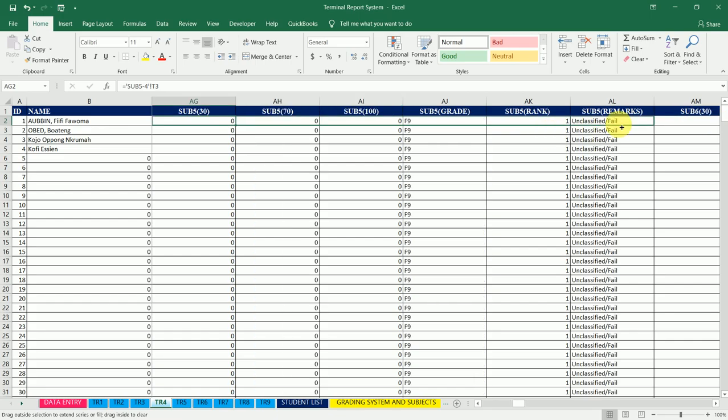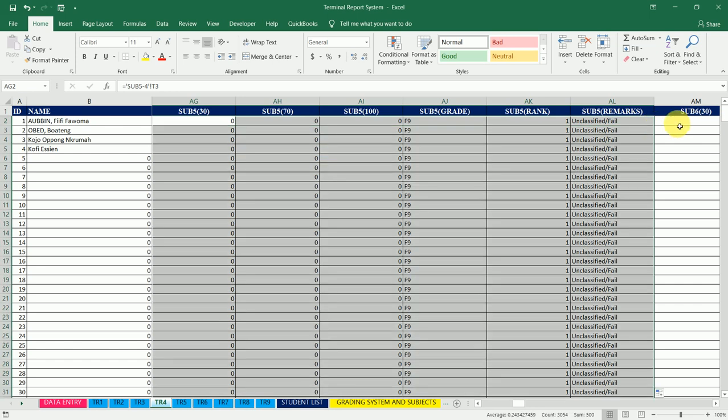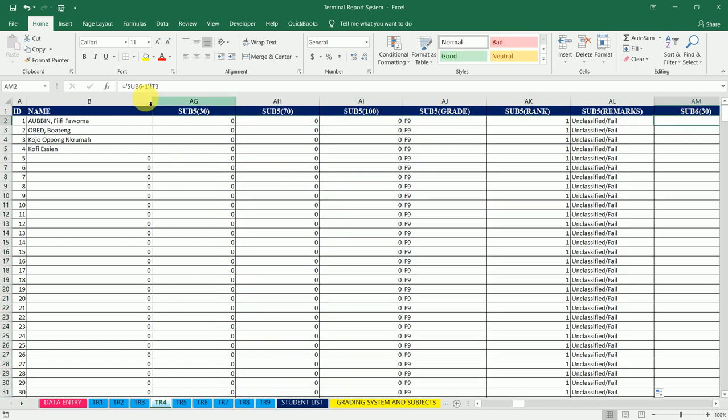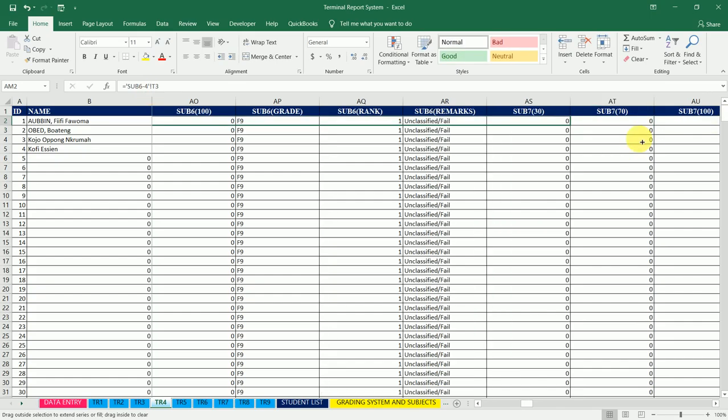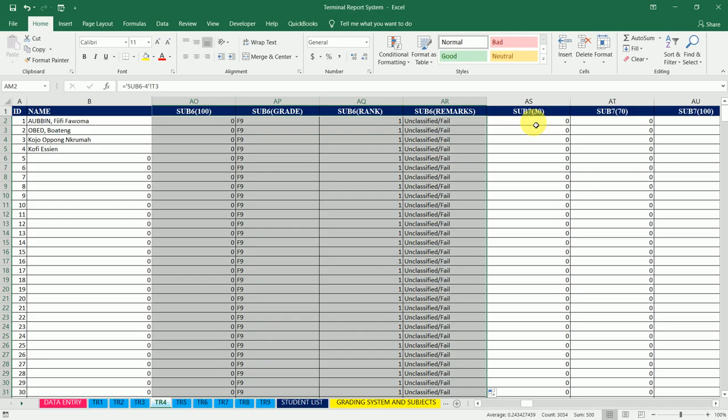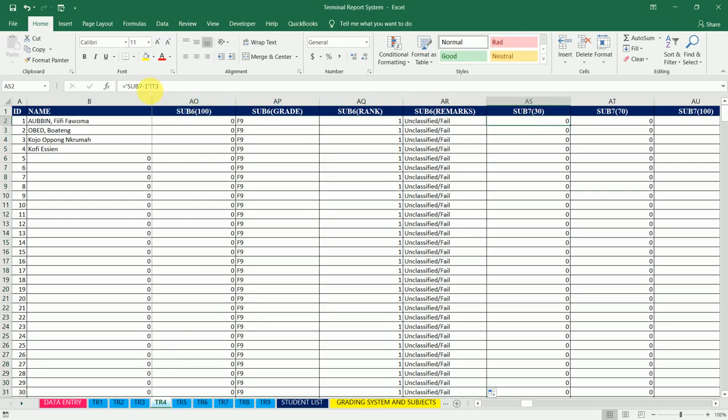Sub 5 4th term. Okay, up to remarks. And go to sub 6 4th term. Sub 6 4th term. Then go to sub 7